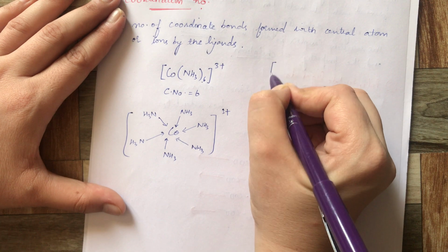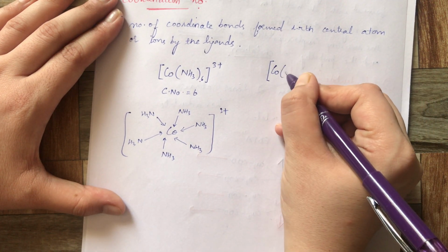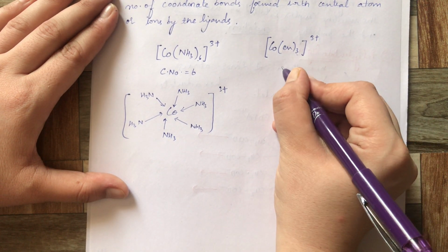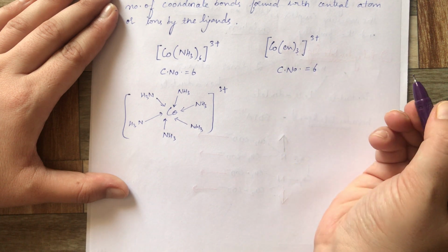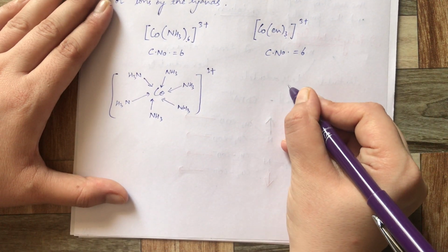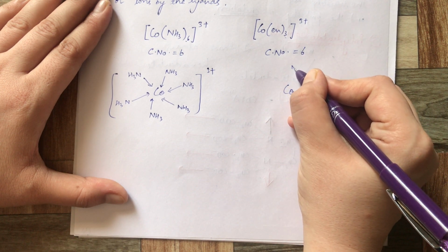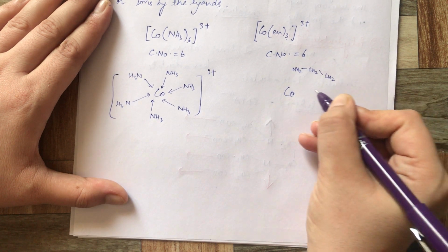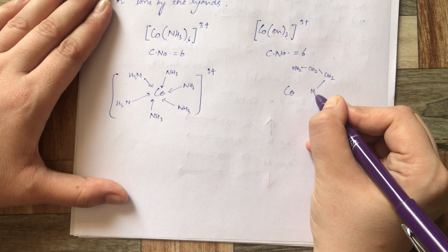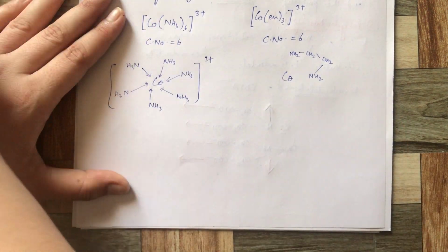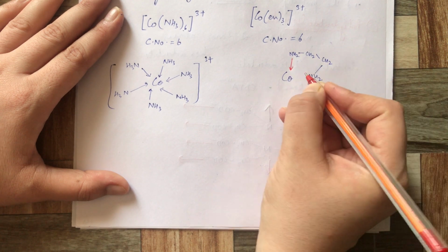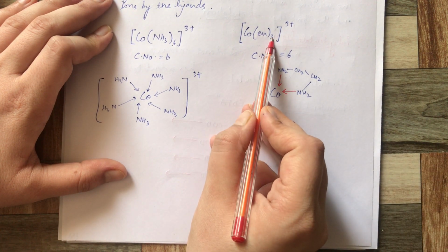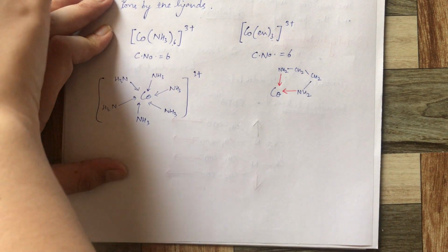But there is a problem with polydentate ligands. Suppose you have [M(en)3]. Here the ligands seem to be 3 but the coordination number is actually 6, so you have to pay attention. Why? Each ligand contributes 2 coordinate bonds. So 3 into 2 gives a coordination number of 6. See how they are formed.